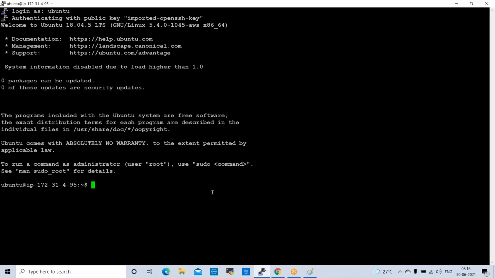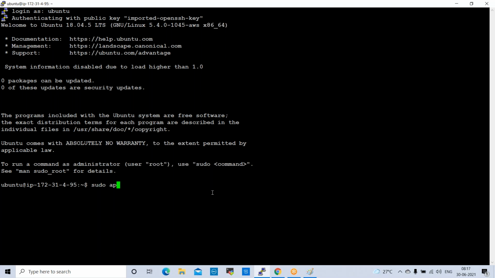Jenkins has Java in the backend, right? When we install Jenkins, we install Java. It is a Java-based application. The same way Nexus is also a Java-based application. So prior to installing Nexus, first we need to install Java. Before installing Java, we need to update the internal repository.